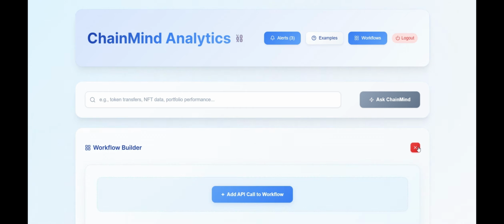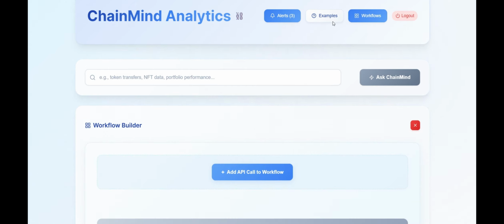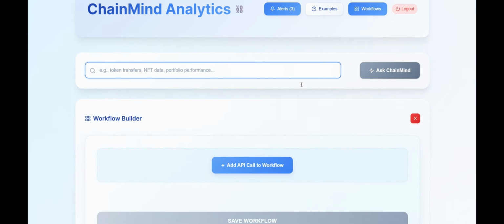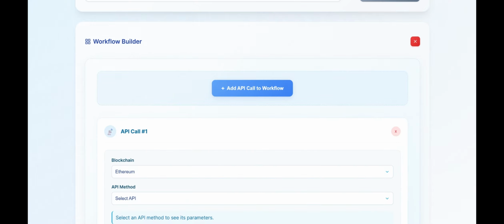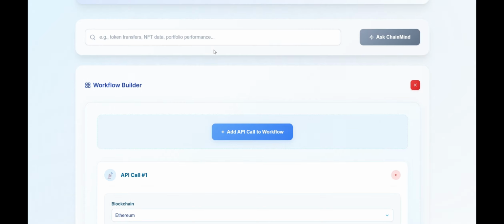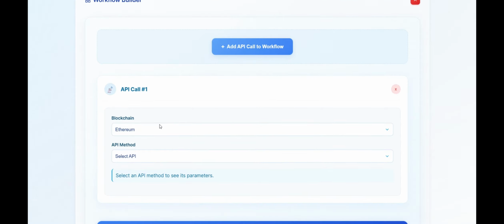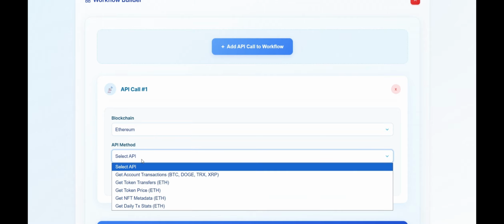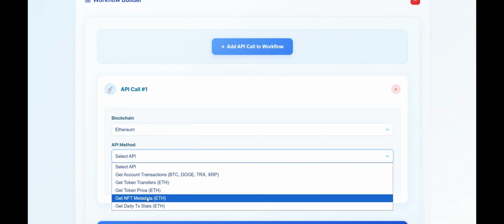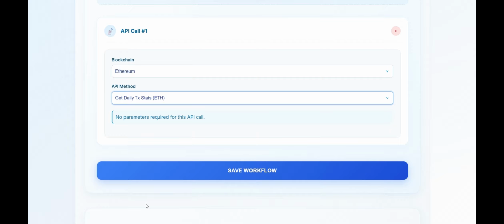The workflow section is pretty much similar to examples, or you can say the query section, but here, let's say you want to trigger 3 queries, and you cannot just go again and again and search here and wait for the response. So for that you can make a workflow. For let's say, first I need the transaction stats on ETH.